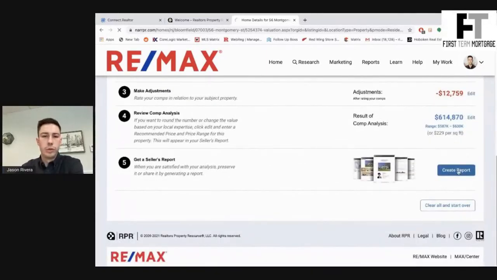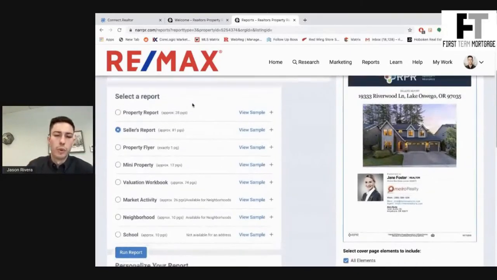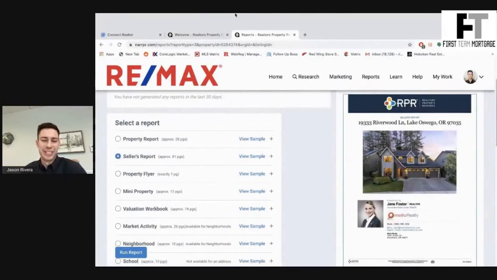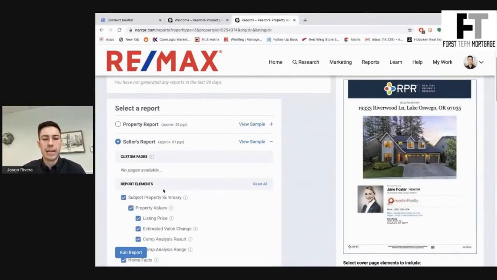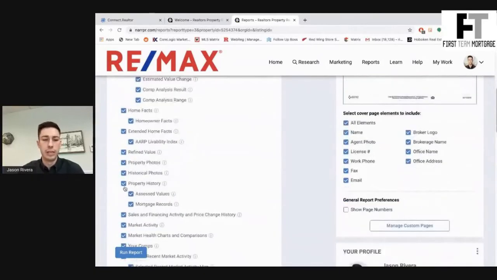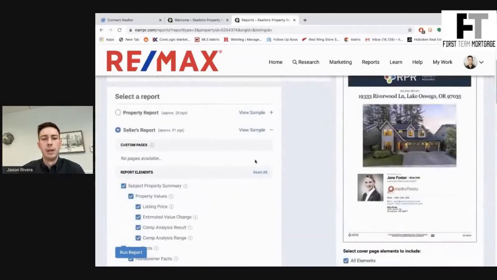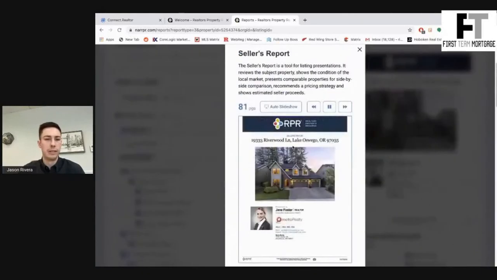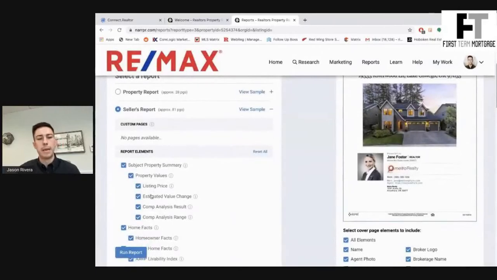And now I can actually create a report. So I could do a seller's report, which is 81 pages long. I have never sent an entire seller's report to somebody before. You can actually break down and take out some of the pages from this report, and you can actually see, view example. It'll give you an example of the report itself, which I don't want to spend too much time on because, again, this is like a very lengthy report,